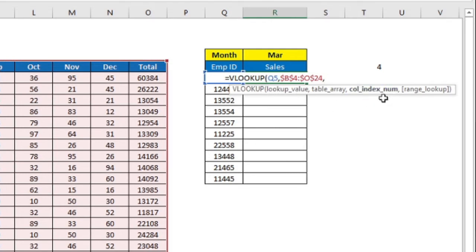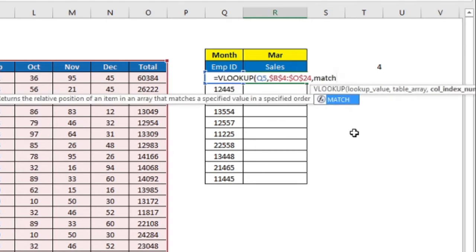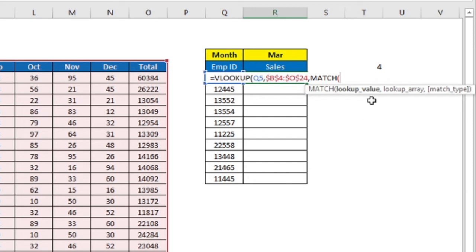Now the column index number should change whenever I change the month in this particular cell. So I will put a match function over here, which we have just learned. So match, tab. What is it asking? Lookup value. We want to check the column number for the month of March, for this particular cell especially.